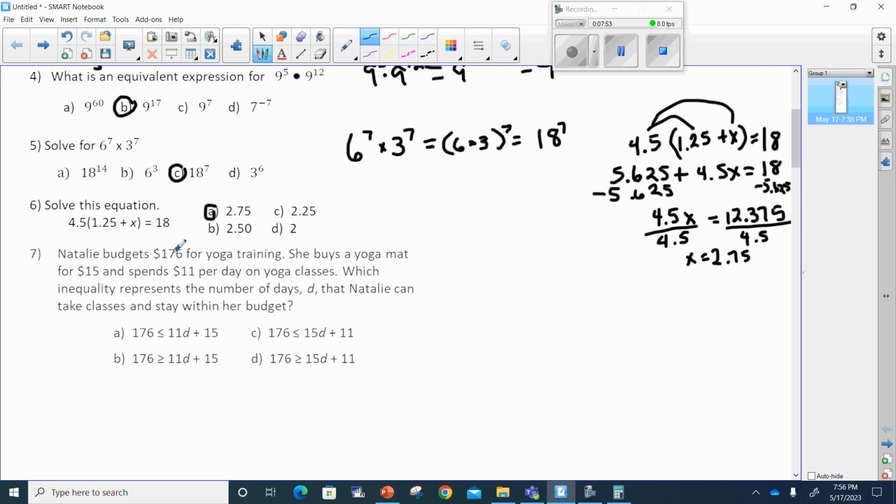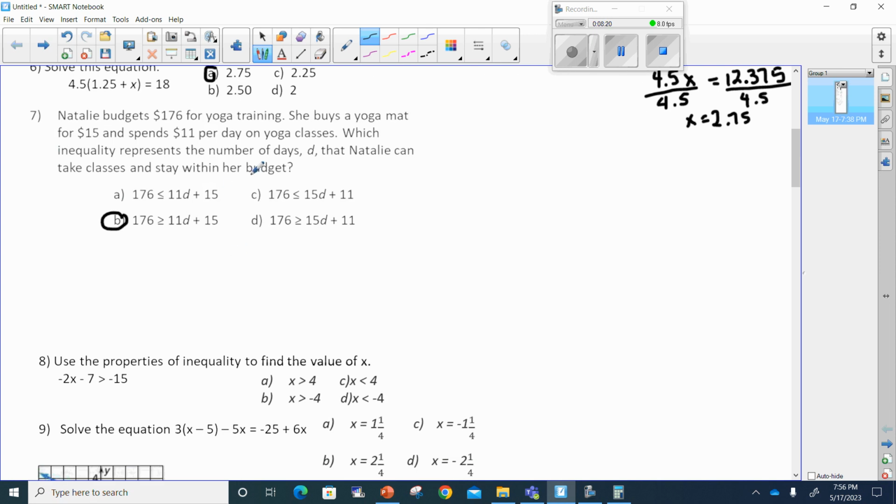Now, Natalie budgets $176 for the training. She buys a yoga mat for 15 and spends this. Which inequality represents the number of days that she can take the class? In other words, everything has to be under $176. So for it to be saying that it's greater, that would be wrong. It has to be equal to or under. So B is going to be the correct